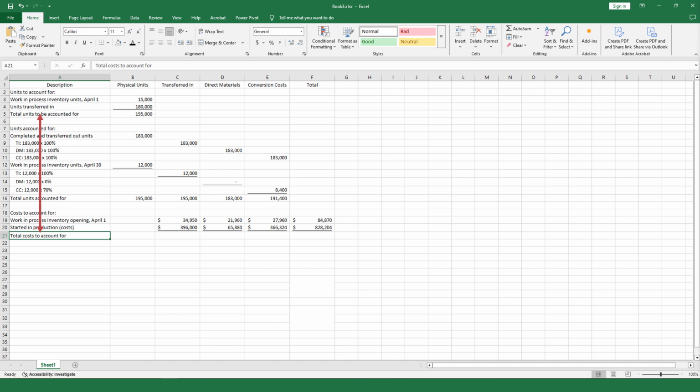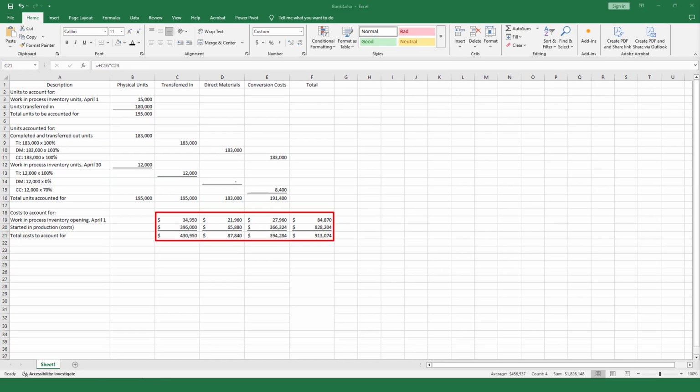This is similar to what we did in the units to account for, only this time it's costs to account for, which we get from adding the opening work in process inventory cost to the started in production costs. For column C, transferred in, $34,950 plus $396,000 is equal to $430,950. For column D, direct materials, $21,960 plus $65,880 is equal to